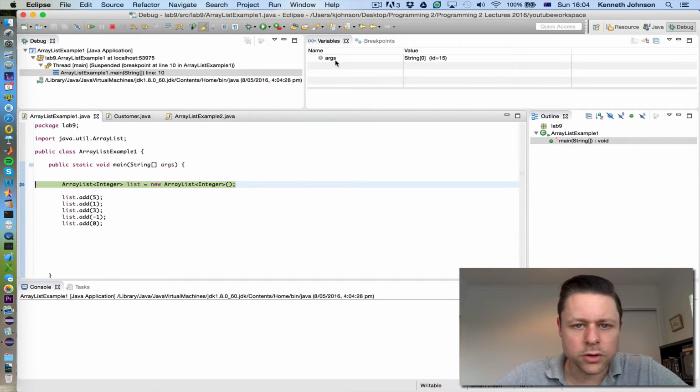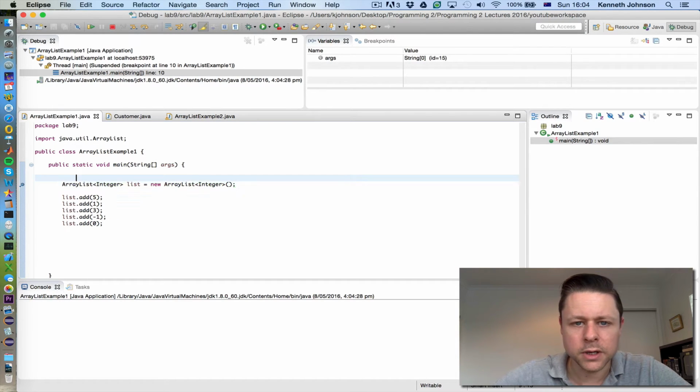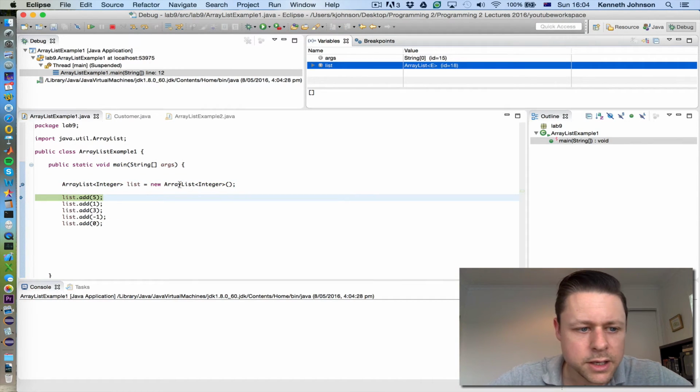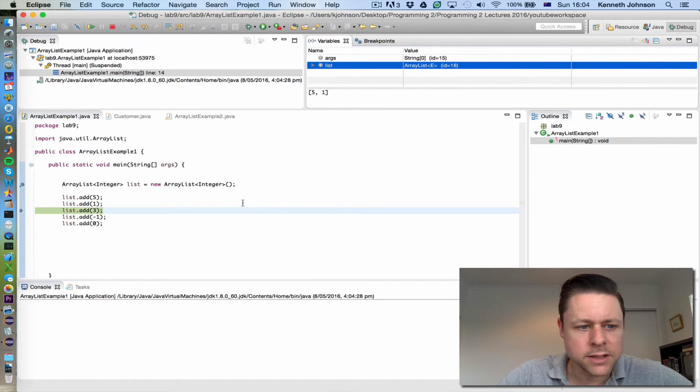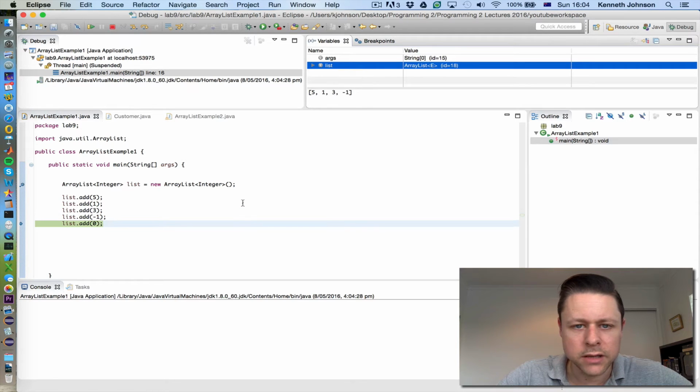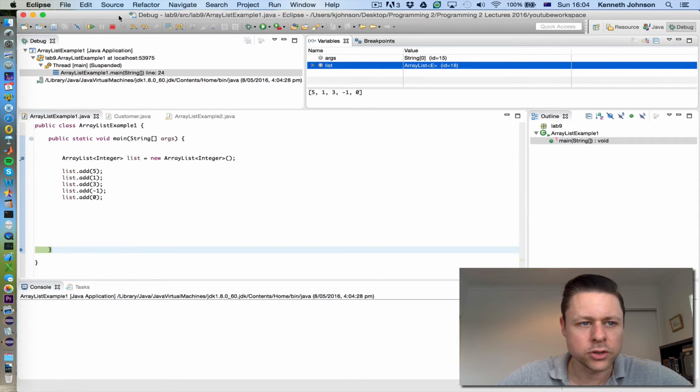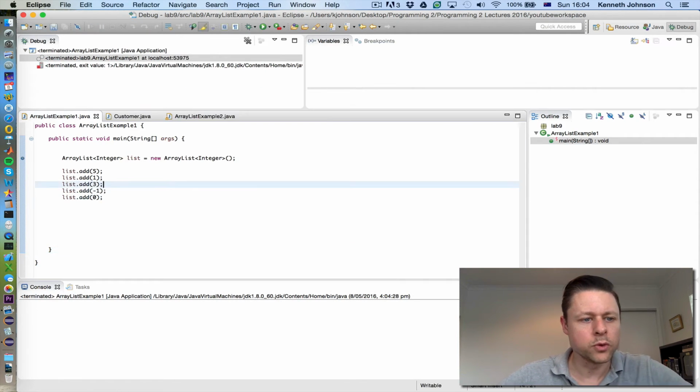So here you can notice right at the top I have a list, and I populate it step by step using this add operation here, and it adds the 5. Adds 1, adds 3, -1, and 0, etc. Of course, we can also remove elements,